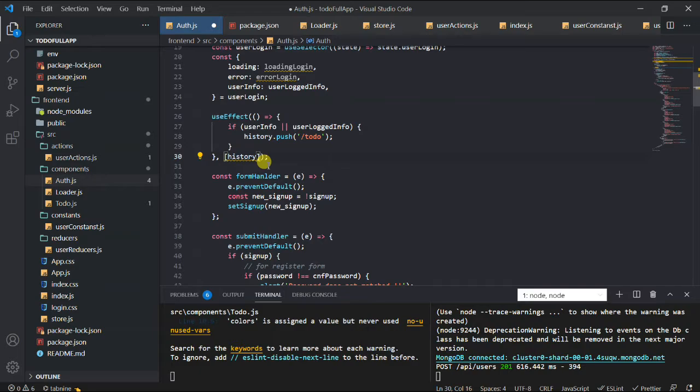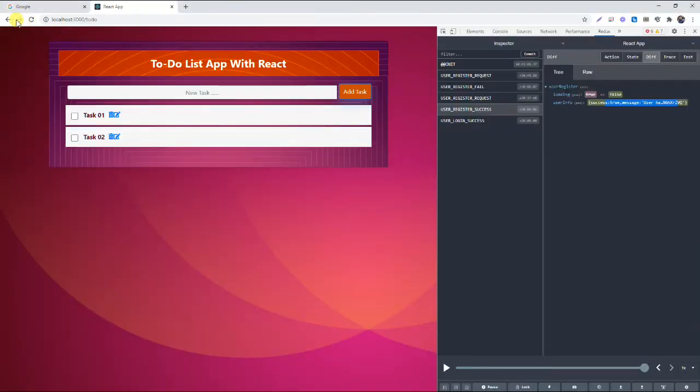So this is the dependency variable like history, user info, user login info. Okay, so now